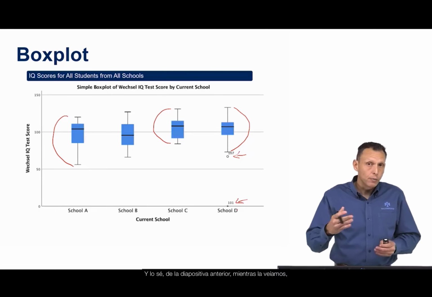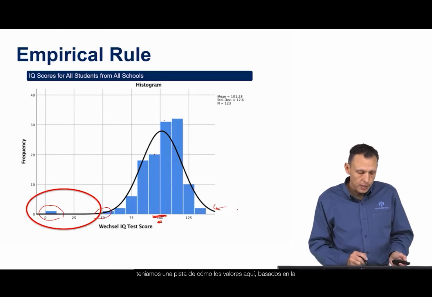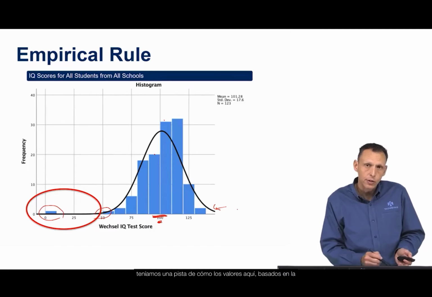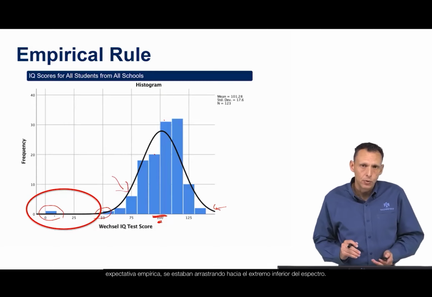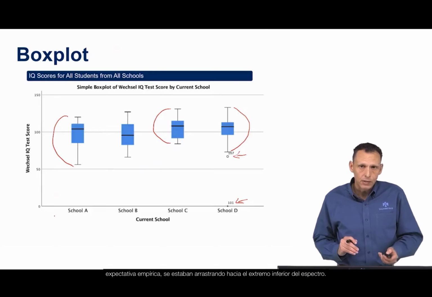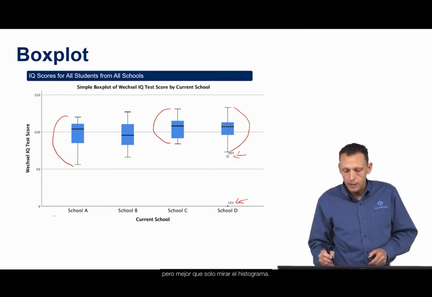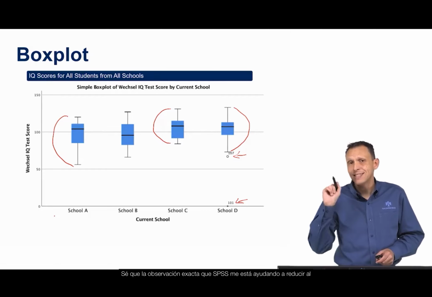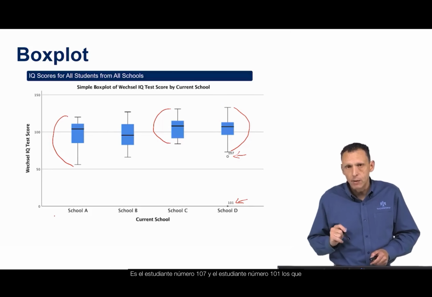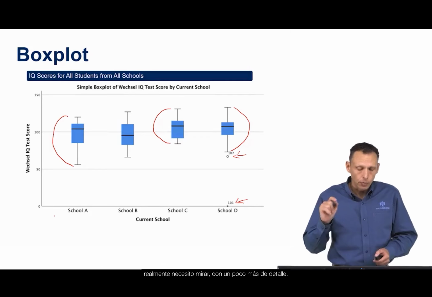And I know from the prior slide, as we looked at that, we had a clue, looking at how the values here, based on the empirical expectation, were dragging off to the lower end of the spectrum. And that's exactly what the box plot is showing us. But better than just looking at the histogram, I know the exact observation. SPSS is helping me narrow down the exact student that I need to look at. It's student number 107 and student number 101 that I need to really look at with a little bit more